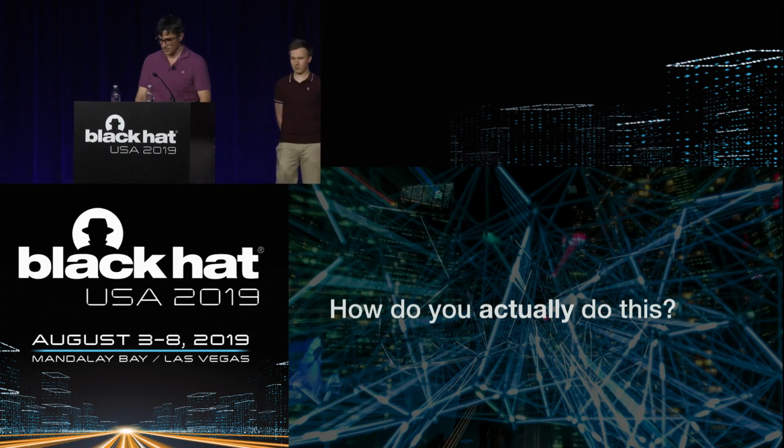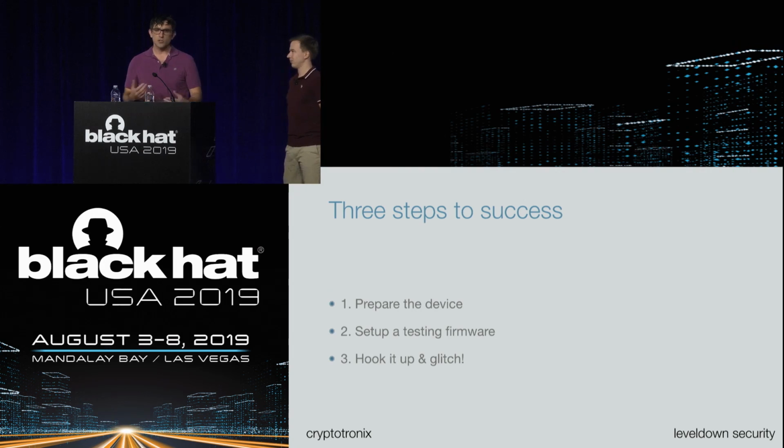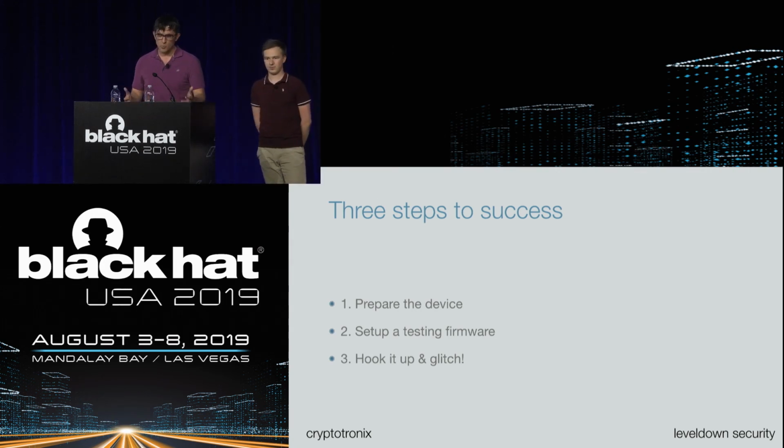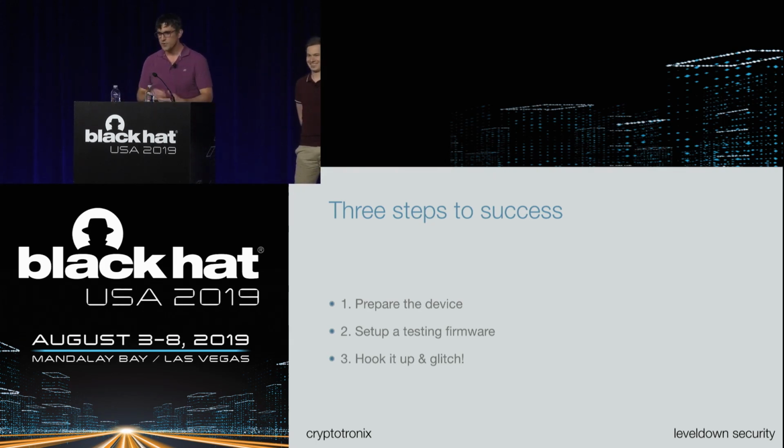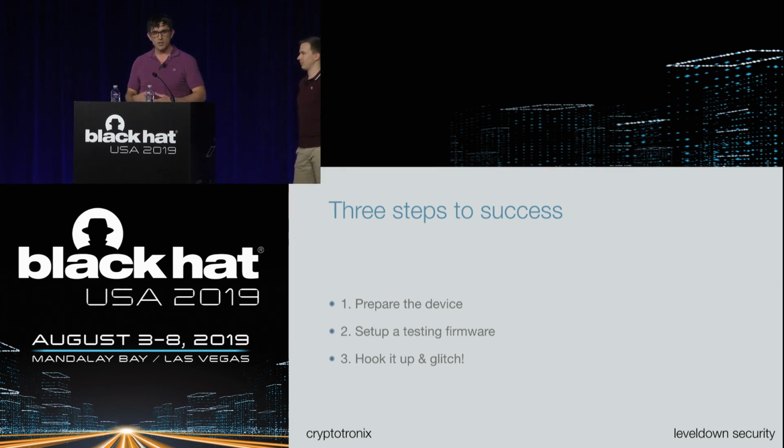All right, so we're going to talk about the 3 steps to success. So what are the 3 methods that we have to do to apply the method of looking at a new target and getting ready? Well, there's always a prepare step, so that's step number 1. Then we have to write some firmware. So unfortunately, if you're a hardware person, this is the part you don't like, or if you're a firmware person, this is what you like to do. But we have to write some firmware. And then we hook it up and glitch it.